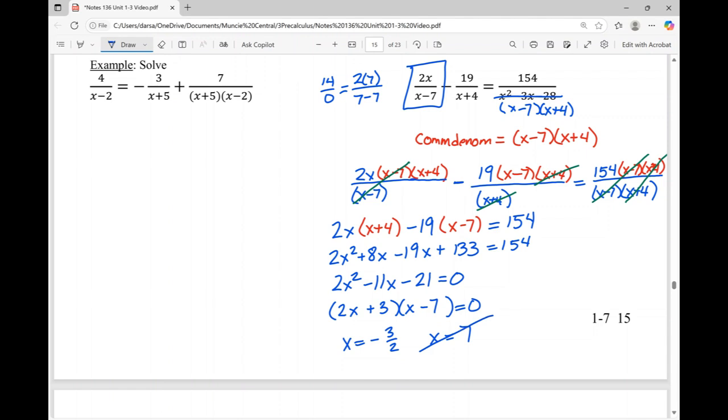It looks like an answer, but when we try to plug it back into the original question in for all the x's to see if it's actually a legitimate solution, it is not one. So with all of these rational questions, after you get to this answer, you must go back and ask, does this make me divide by 0? Yes or no? If the answer is yes, then you have to throw that answer out. So our final answer here is just x equals